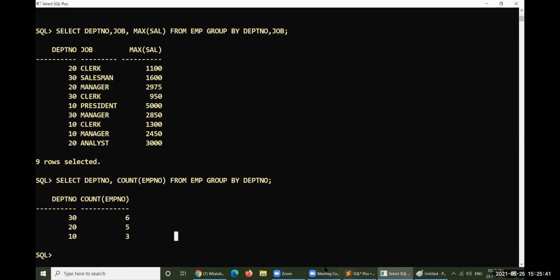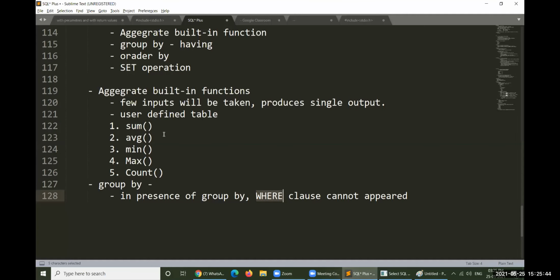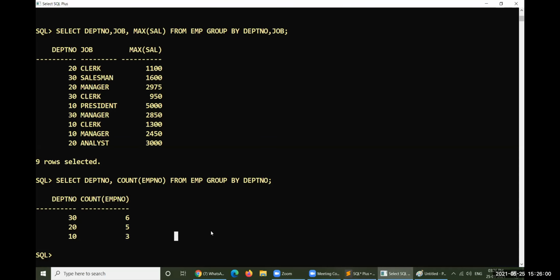Then just before we have given one clear instruction that when the group by will be there with you, then where clause cannot be used. Where clause is strictly prohibited with group by clause. We have given such kind of statement here. Then how could you satisfy this particular question? The question is, the departments which are having greater than or equal to 5 employees, then that particular data can be displayed. Don't display other data. So in such a case, how could you go ahead here?